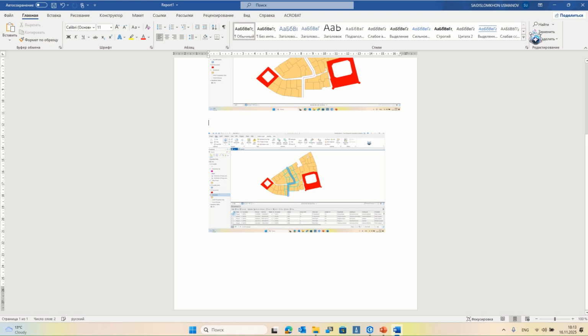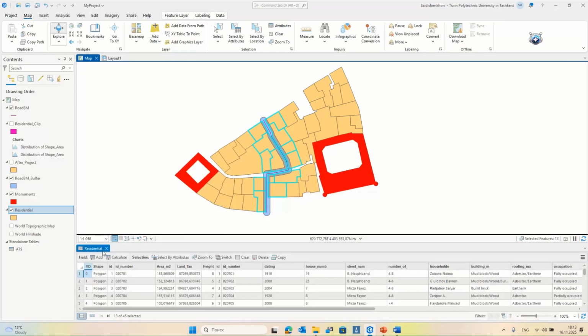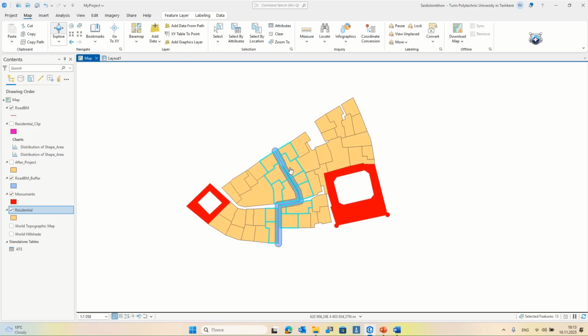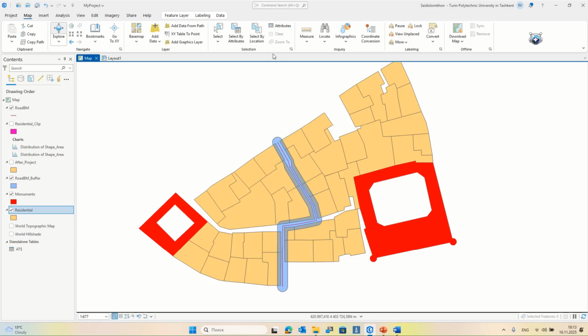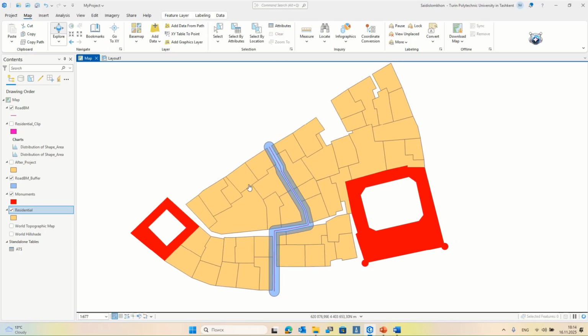Okay, good. Save it. And now we close and always clear the selections. And now the second, I want to know how many residential buildings are touching the boundary of monuments. Okay,